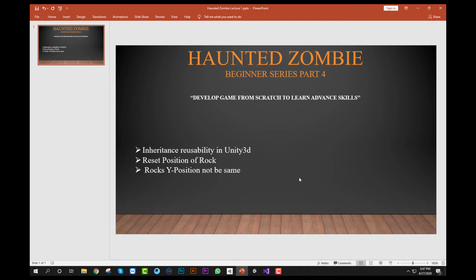So the same logic will apply on the rock, and the rock will move through the inheritance concept. The second thing we will learn is to reset the position of the rock as we reset the position of the platform. And the third thing, the Y position of the rock will not be the same. So let's go to Unity and check what it means.